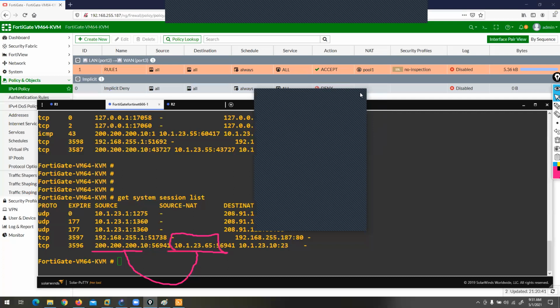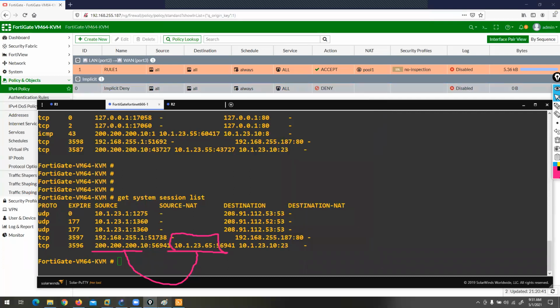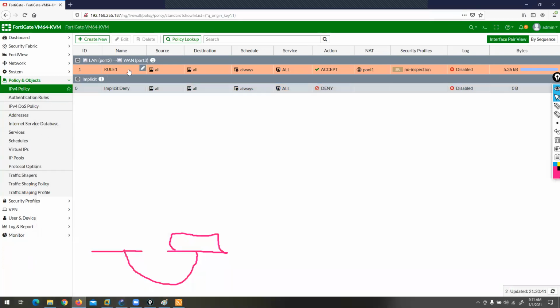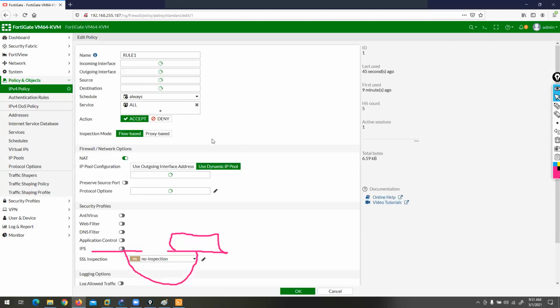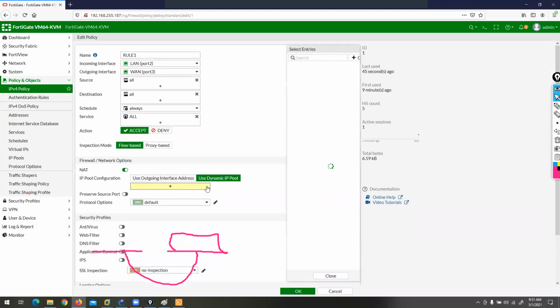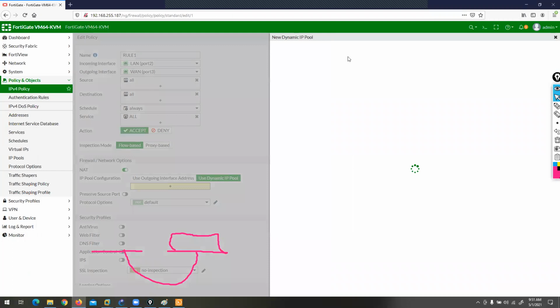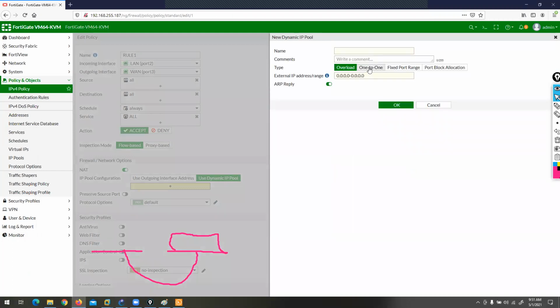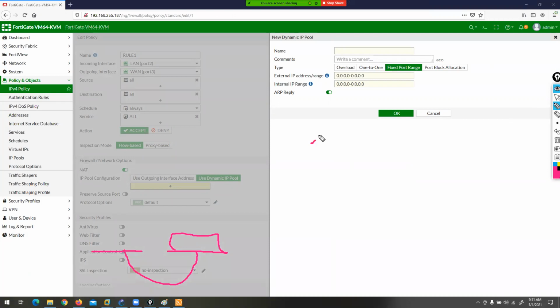Okay, so this is the option, guys, that we completed, which is called one-to-one. Now we have the next option, fixed port range. Here there is a difference between one-to-one and fixed port range.